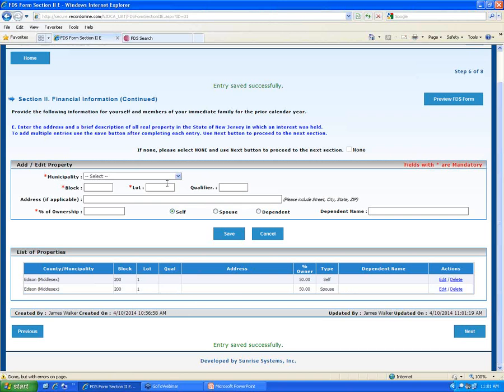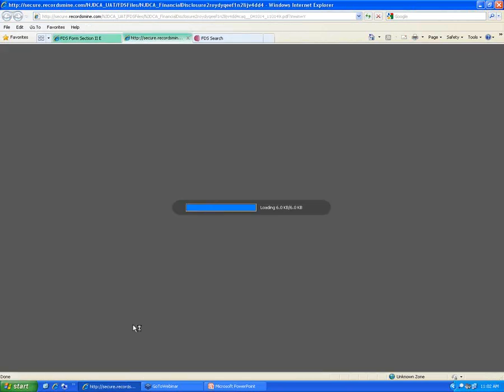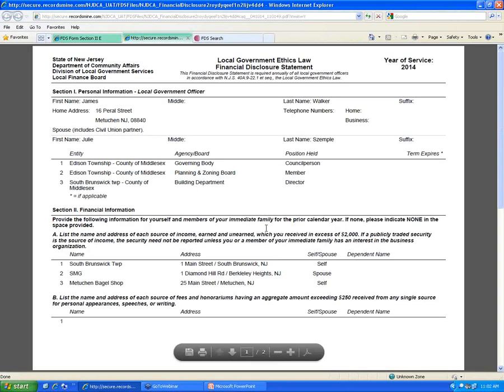And as I'm going through this FDS, at any point in time, if I want to view the form, okay, that I've already started or the information I've already added, I can click on this preview FDS form right here. And what that'll do is, this is one of those pop-ups that come up, and it's also a PDF. What that'll do is that'll open up the form, and all the information that you've completed so far will be listed on that form, right? So we'll let this come up so you can take a quick peek at the form real quick. Just bear with me here. Here we go. Okay, right.